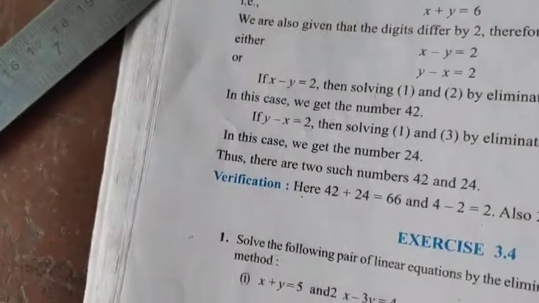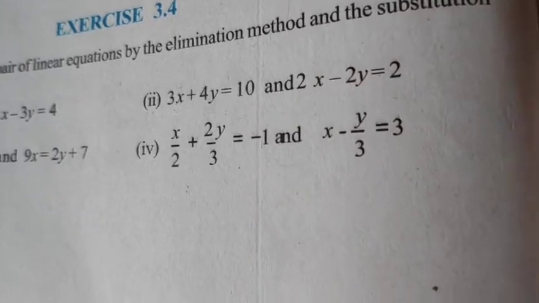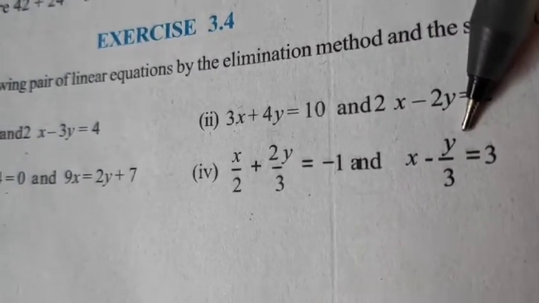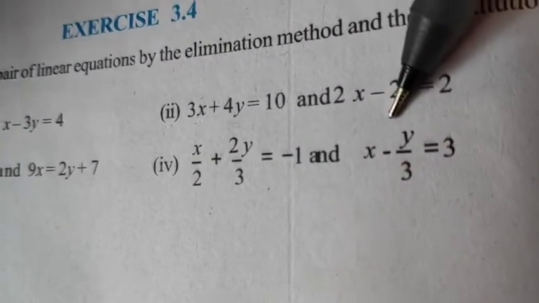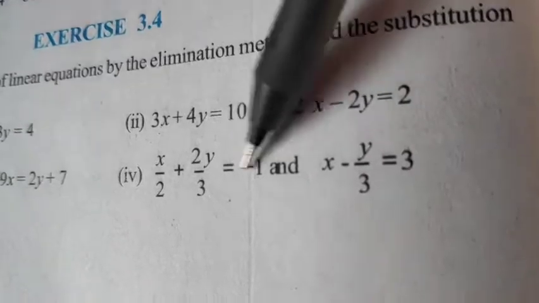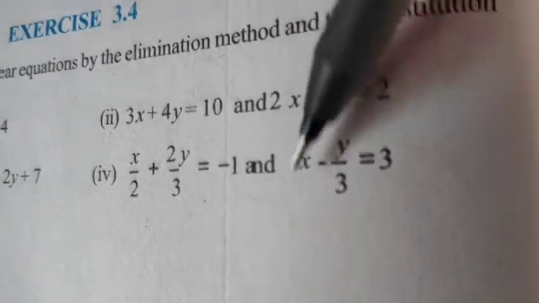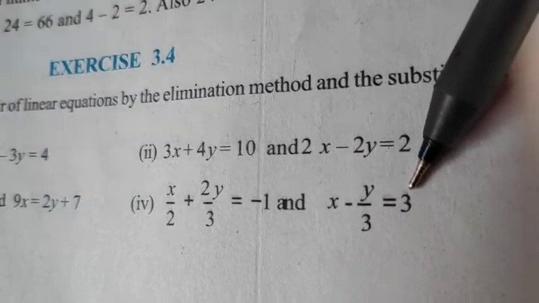What is important about the 4th sum? In the 4th one there are fractions. So I have taken up this sum. Here you have to take LCM and here also LCM. But one benefit is both are in the same format. 2 terms on one side, 1 term on the other side. 2 terms on one side, 1 term on the other side. So the format is same, but it is in a fractional form.